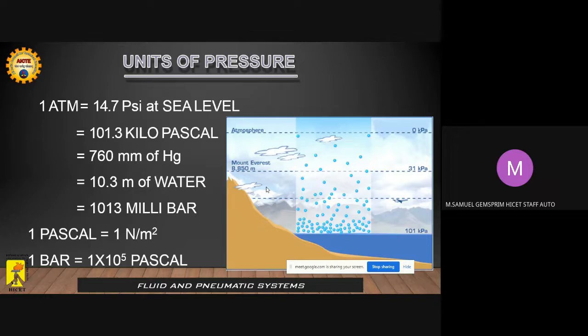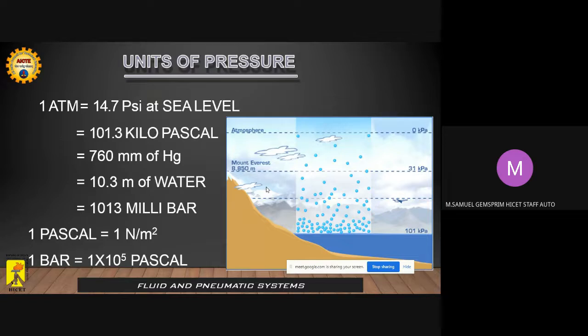When I talk about the absolute pressure, I also need to consider the atmospheric pressure value, which is 14.7 psi, or in other units 101.3 kilopascal, 760 mm of mercury, 10.3 meters of water, or